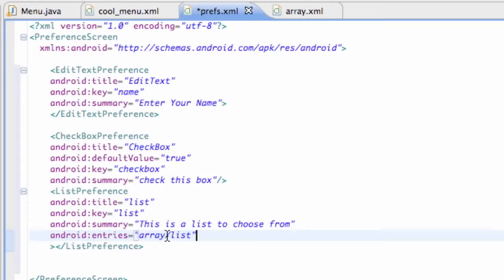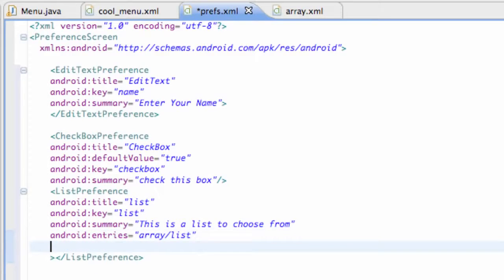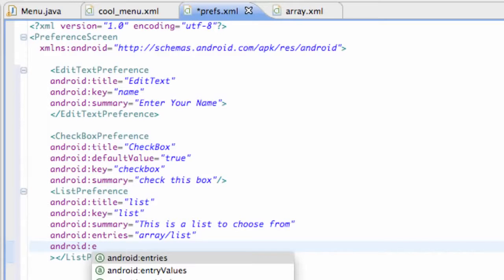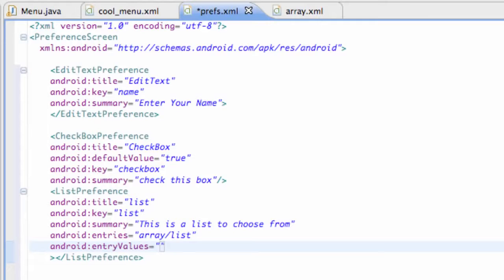So let's say we want one of those items to be checked to start with, and what we're going to do is we're going to set up something basically that's going to refer to the list values for the most part. So we're going to set up something else called android:entryValues, again this is within our list preference, for the most part, and we're going to say, again, refer to another array. So we're going to say @array/lValues or something like that, or L values,